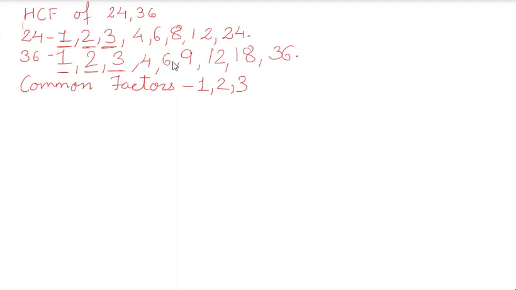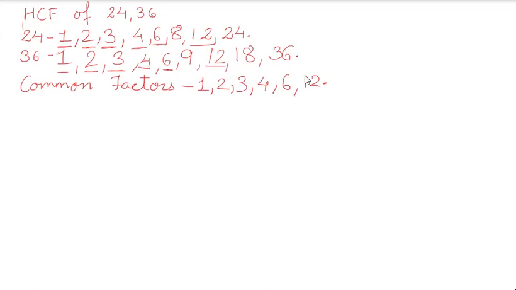So, I'll underline 4 and I'll write here 4. Next, 6 is also common. 6, and then do you have any other? 8 is there here? Not there. Then which is the next? 12. Yes or no? So, we'll write here 12 is the last common factor. So, the common factors in both of them are 1, 2, 3, 4, 6 and 12.